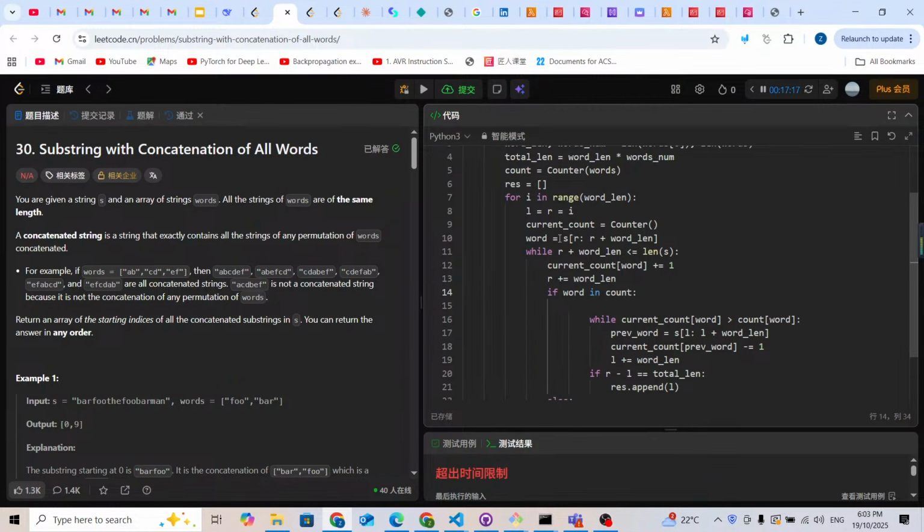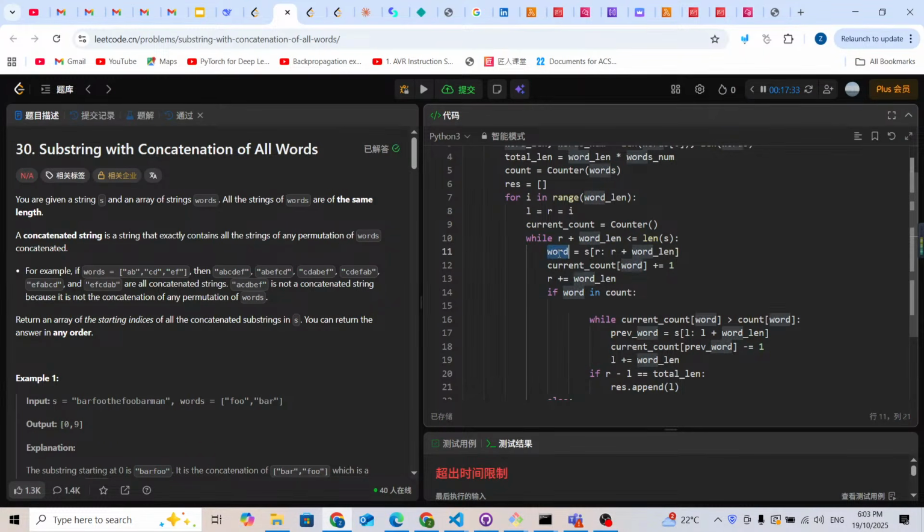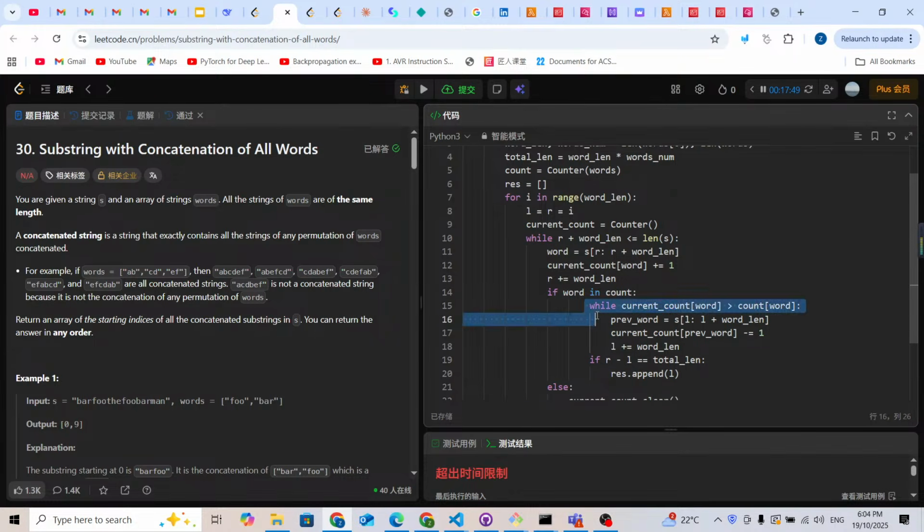So while the R pointer plus the length of the word is less than or equal to the string S, I'm gonna find a word. Yeah, so this is my word, and I'm gonna update the current counter, and I'm gonna update the R pointer. Yeah, so while this is working, and then I'm gonna check if this word is inside the counter. If it is inside,